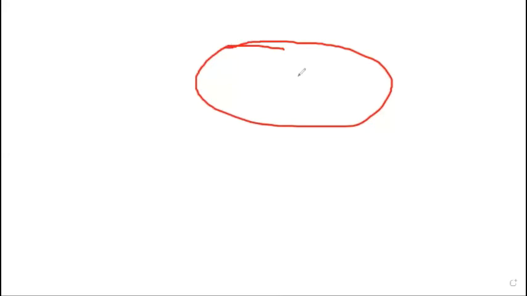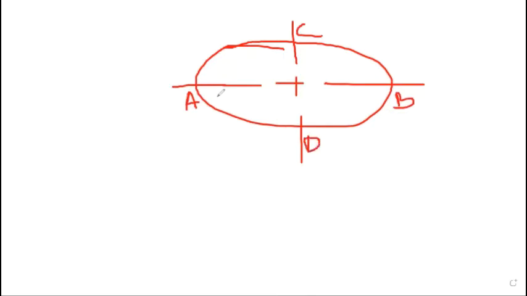So basically, this is the structure of an ellipse. This is called the major axis, and this is called the minor axis. If we consider this is AB and this is CD, then AB equals the major axis and CD equals the minor axis. In this problem, you have to draw half the part using the concentric circle method and half the part by the oblong method.